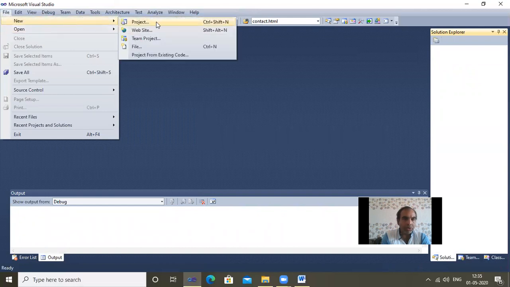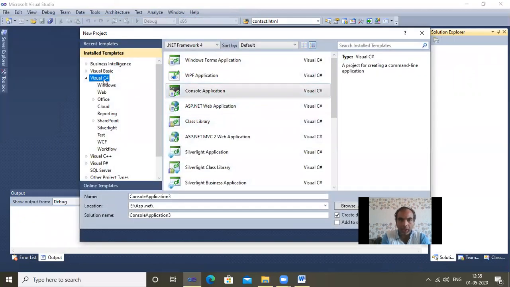Again, I use a new project. Again, I click on Visual C# Console Application. I name it Rectangle, or Area of Rectangle.